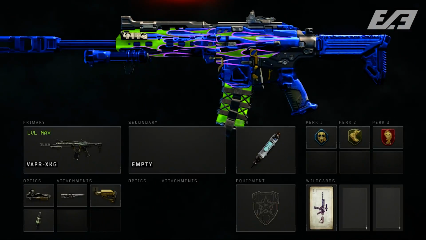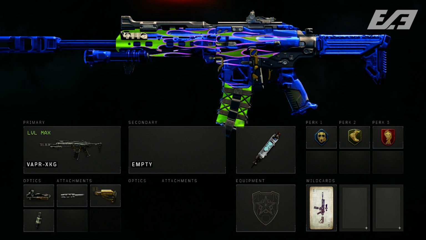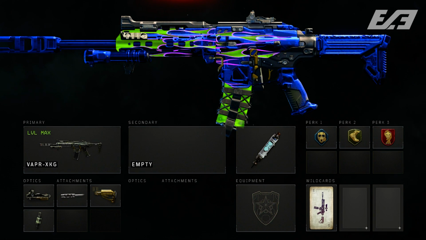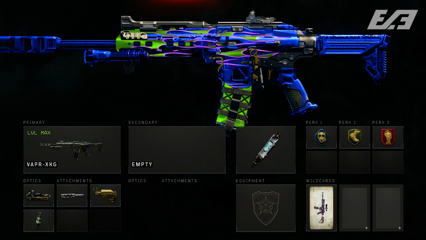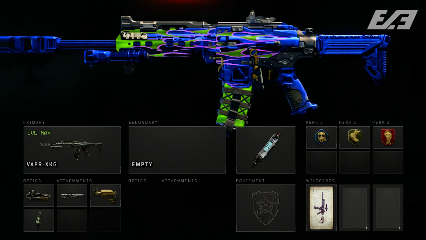So to take advantage of this, we end up running a class setup similar to what you see on screen right now. Personally, I'm not a huge fan of the base optics and iron sights for the Vapor, so I always like to come back to the least obtrusive optic that is available, that being the Elo sight. The reflex sight isn't bad, but you still have the iron outlines, which slightly intrude on your point of view. But preferences aside, if you do take the Elo, if I'm not mistaken, there is some slight recoil added, but